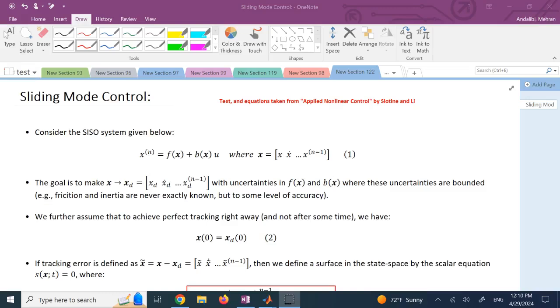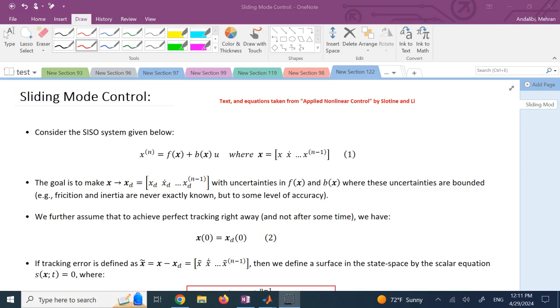Hello everyone. In this video we are going to look at one of the, I would say, a little bit more difficult topics in nonlinear control called sliding mode. So what is a sliding mode control? To explain that to you, let's look at a single input single output system given by this relation,